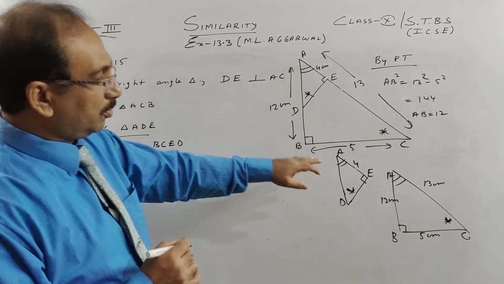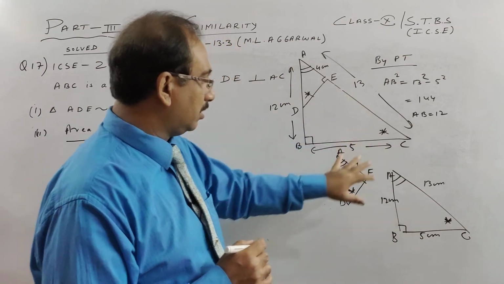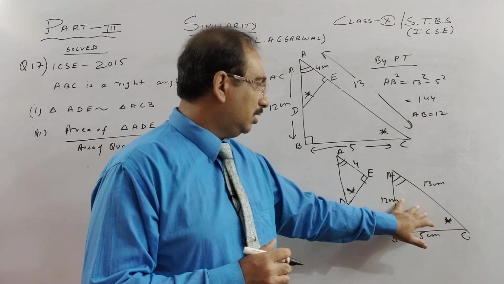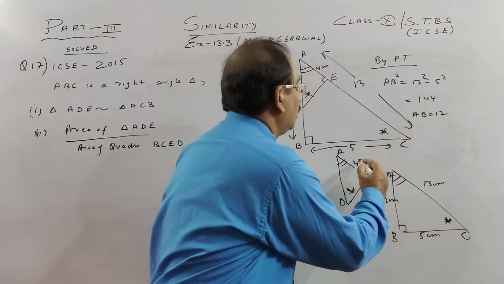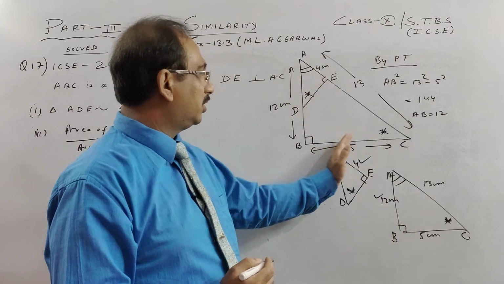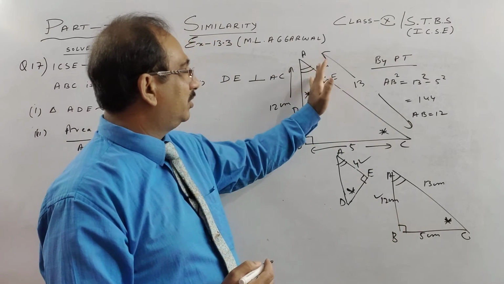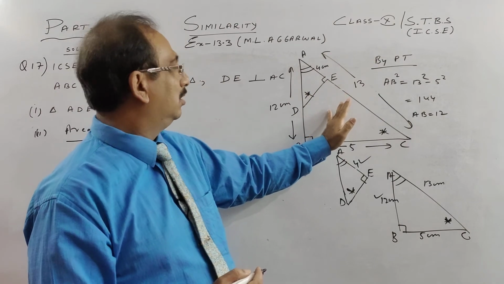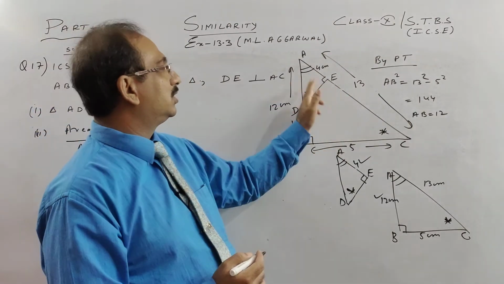Area of ADE, the small triangle, to the area of this quadrilateral. Let us find small to big. Small to big, I told you this is 3 times bigger, 4 corresponding to 12. So the area will be 9 times bigger. So the full thing is 9 times bigger. So if this is 1 and the full thing is 9, then this will be 8, children. So the ratio of this to this will be 1:8.